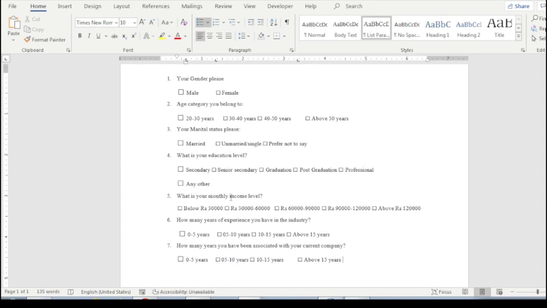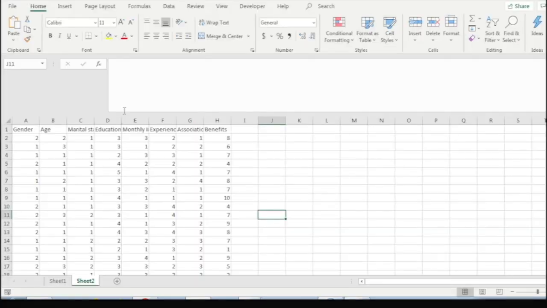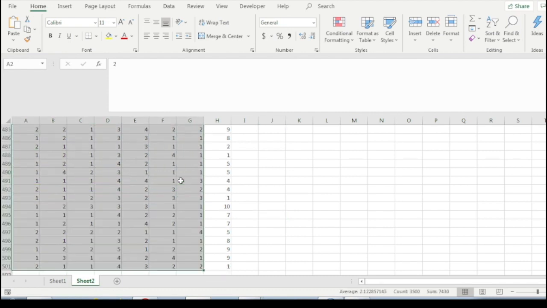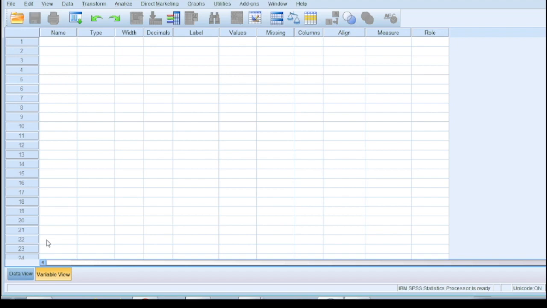This is a questionnaire, and we have 7 questions. The data is given for 8 questions, but we just need 7 questions because we have 7 questions. So we copy the entire data. This is of 500 respondents. We copy the entire data and paste it in a SPSS data file because the analysis will be done using